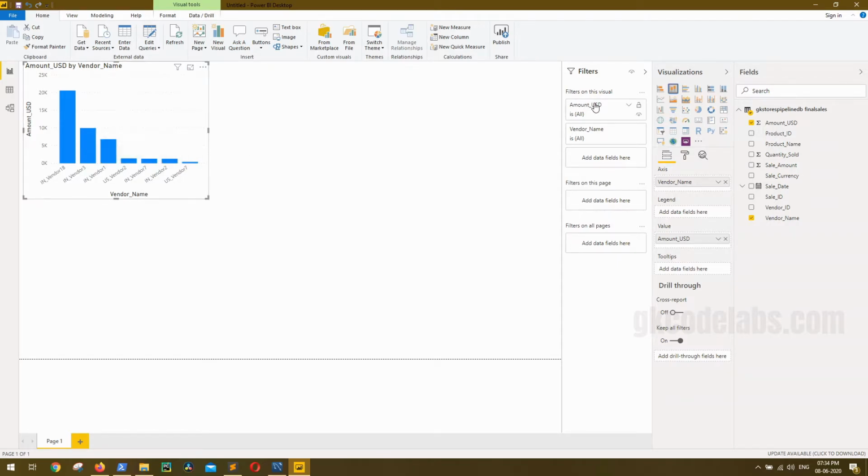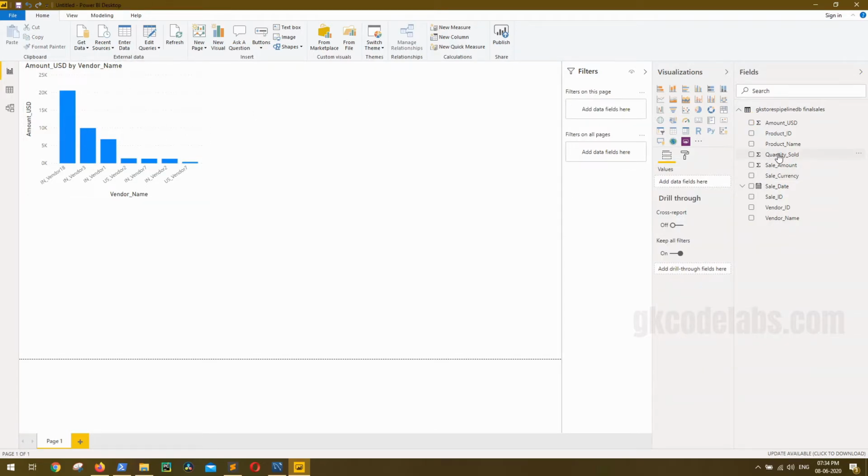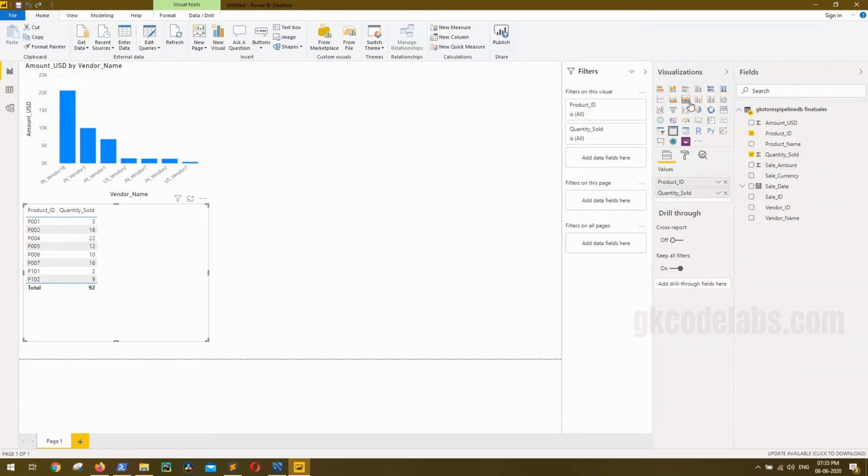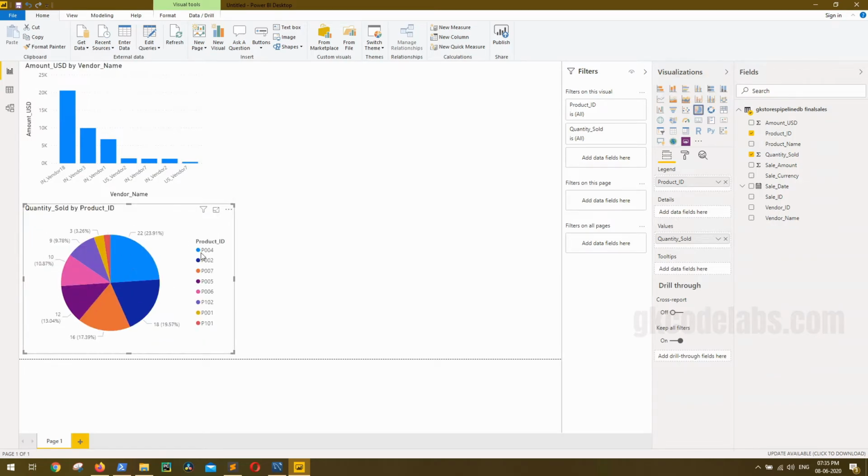And there are many more filters and fields that you can add here to filter out this data. Now let's get some other statistics as well. For creating another chart, you have to click outside the chart, so that selecting other fields does not mess up this one. So click outside. Now let us see what were the maximum sold products. So I need the product ID and I need the quantity sold. And let us take some other chart this time. Let's take a pie chart. So here are the product IDs and their sales.